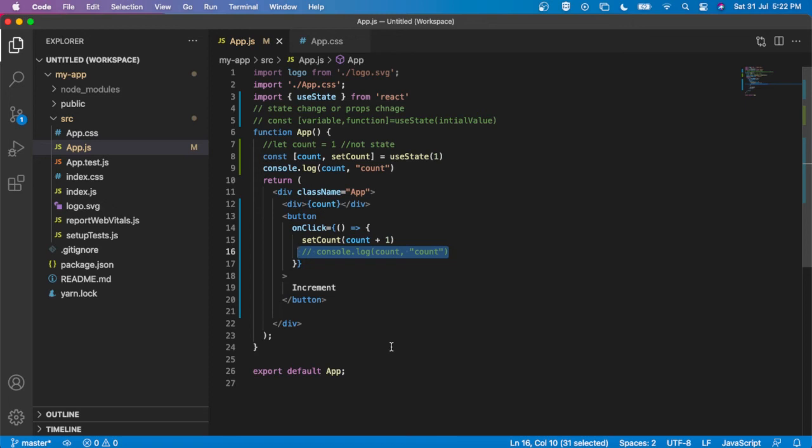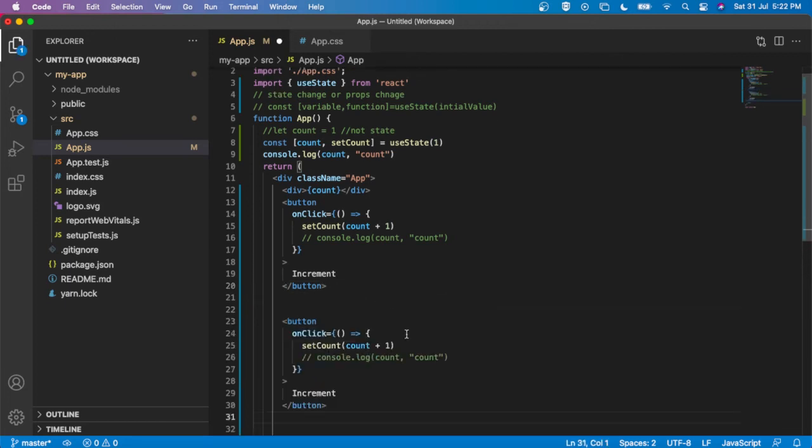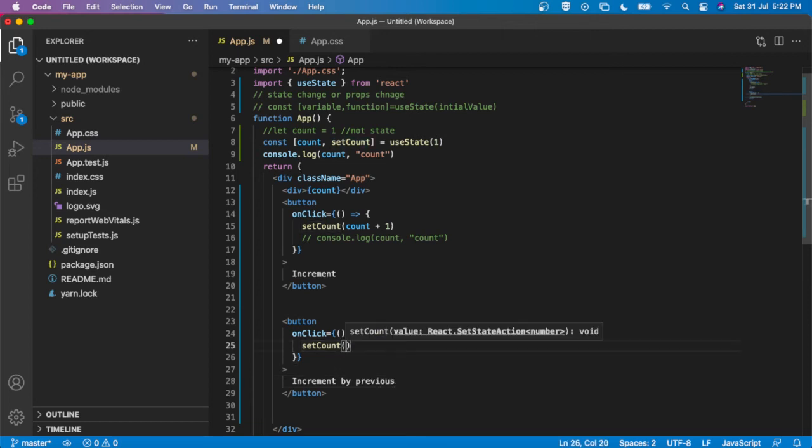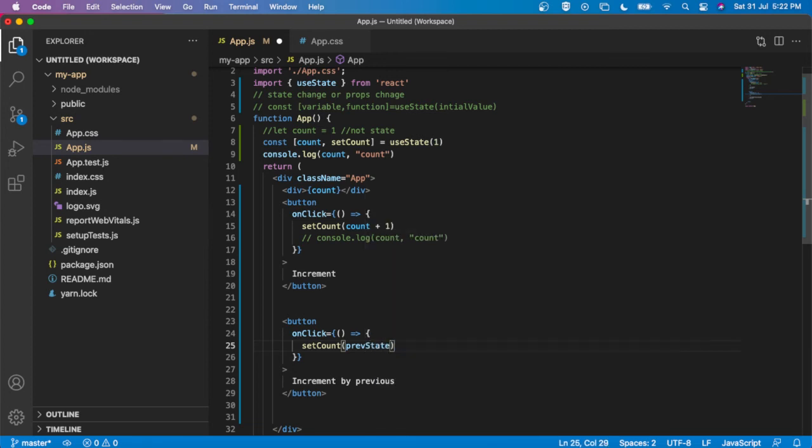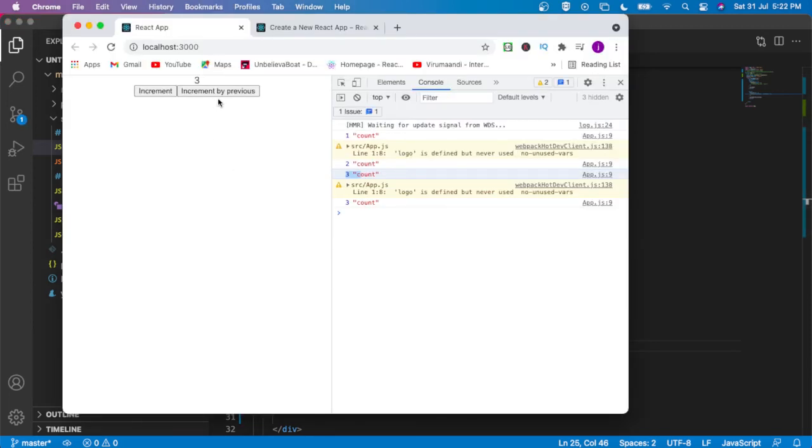Clear? Now I can also do this in another way using useState, using the previous state. Okay, so what I am going to do, I am just commenting this one, and I am taking the function set state. Just I am doing here increment using the previous value. Okay, so here, rather than referring to the count value directly, I am going to refer to my previous state. So I am just adding previous state. Okay, now I want to increment the value: previous state plus 1. Clear?